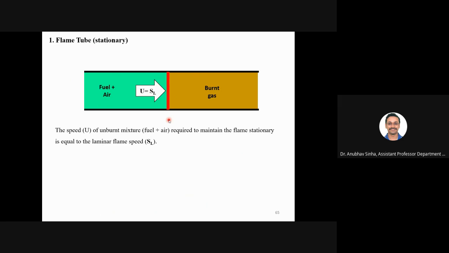So this is a very good configuration to discuss the theoretical analysis of the flame. But practically it will be a little tricky. How do you maintain a stationary flame? And anyway, as we have discussed, this will not remain flat. It will get curved, and then there are buoyancy effects and all that. So it is not a very good technique. But if you don't have anything else, this could be used to measure the flame speed. Now these are the limitations. As I mentioned, you cannot have a perfectly flat flame, which is what we assume. Then there will be heat loss, buoyancy effects, and all that.